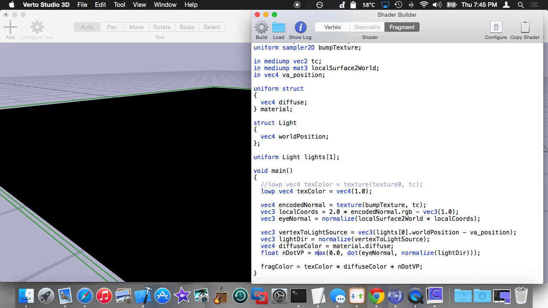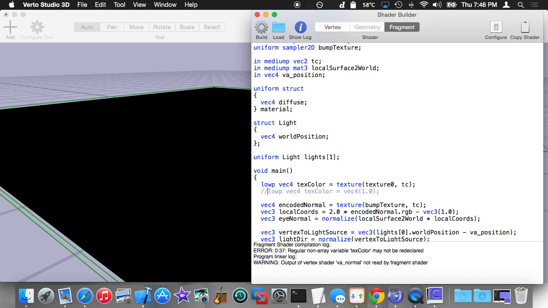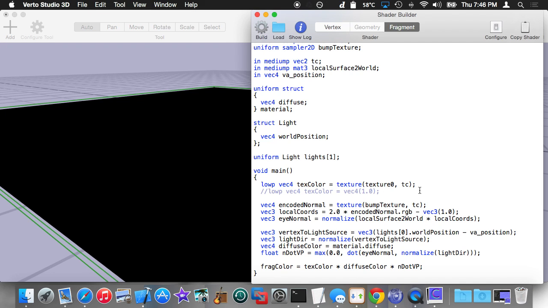The diffuse color is just the material diffuse, which comes in from that uniform struct. And this whole thing boils down, at the end, to the same n.vp calculation, where we take our world space normal and dot product that with the light direction vector, and then we have our entire lighting calculation done with